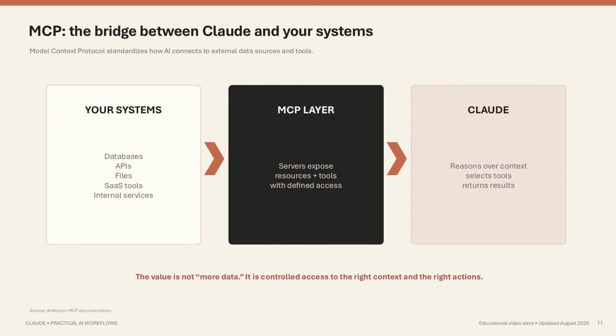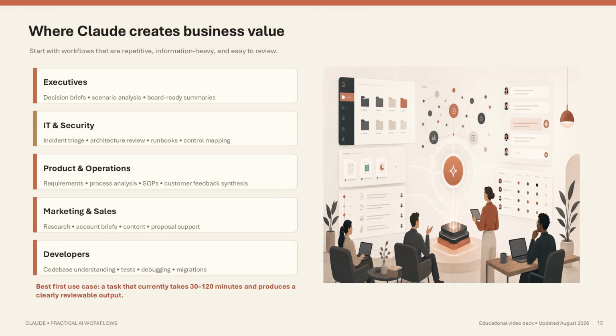For business leaders, the key takeaway is governance. MCP is valuable not because it provides more data, but because it can provide controlled access to the right data and the right actions. The best starting use cases share 3 qualities. The work happens frequently, it depends on a lot of information, and the result is easy for a human to